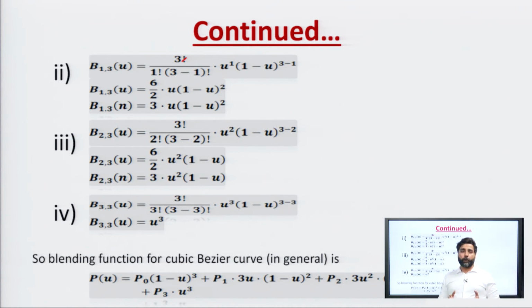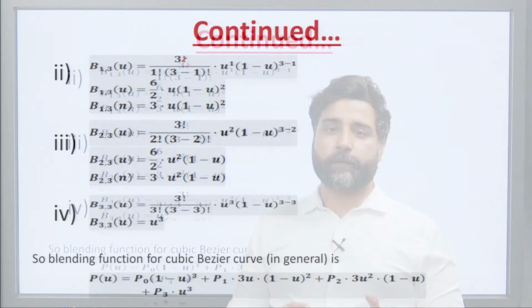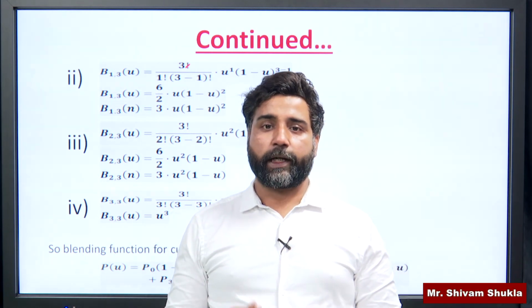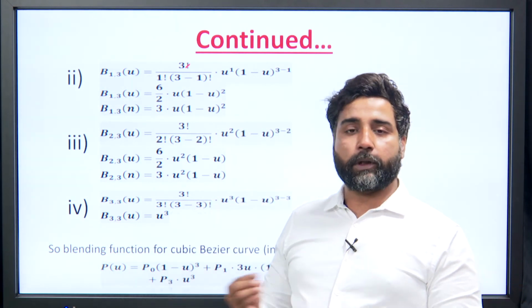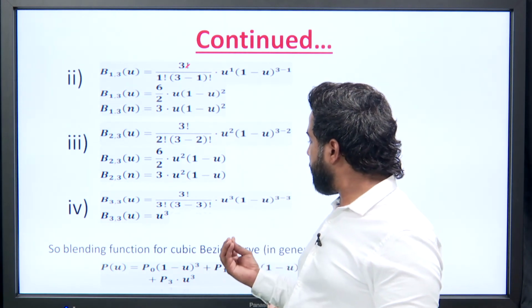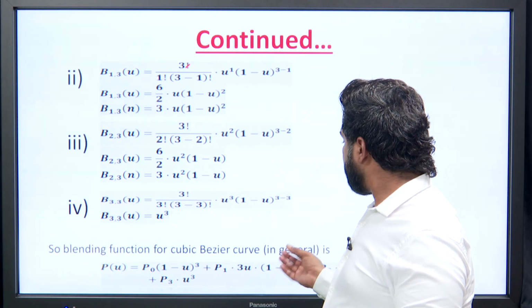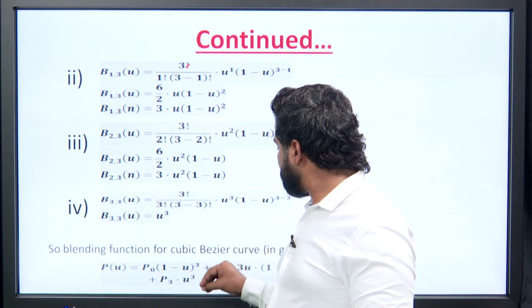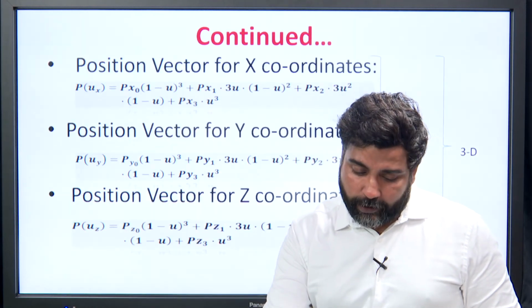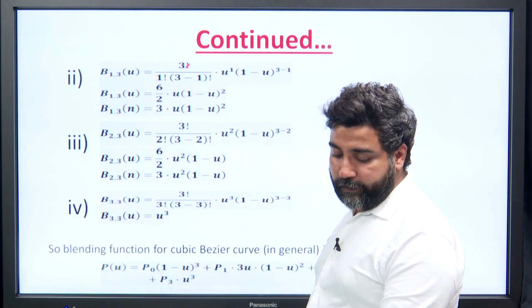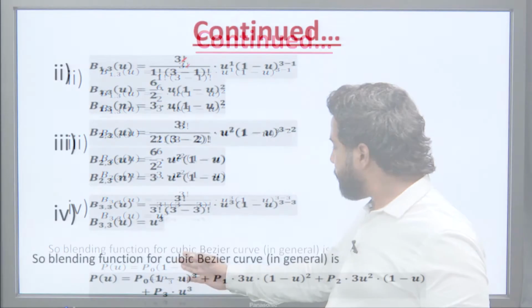So, I told you earlier, here we will be discussing the cubic Bezier curve because it is the best example to describe a Bezier curve. It covers the linear curve also, it covers the quadratic curve also. So, we can solve the cubic Bezier curve, and it can be generalized for linear also and quadratic also. Then coming to next, now we will be calculating coordinates. Suppose p naught is a point, p1